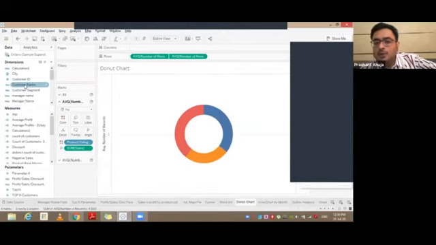What would Tableau do? Because it's a numeric value, Tableau would bring it up to measures. But you want that, if ABC has been associated with rank 1, you need to create a field called ABC1. So that way you could continue to keep it in dimensions and not in measures. You could move it up from measures to dimension. You can do it yourself by just dragging and dropping, but that would not be a very useful way of doing it. Tableau does it automatically and does it the best way it can. So we need not worry about what we need to put into dimensions and what we need to put in measures. Tableau does this job for us.